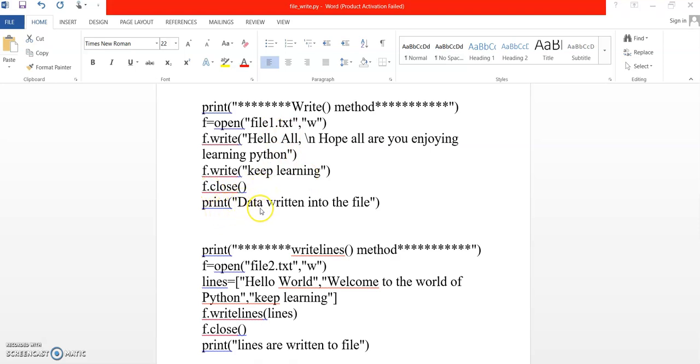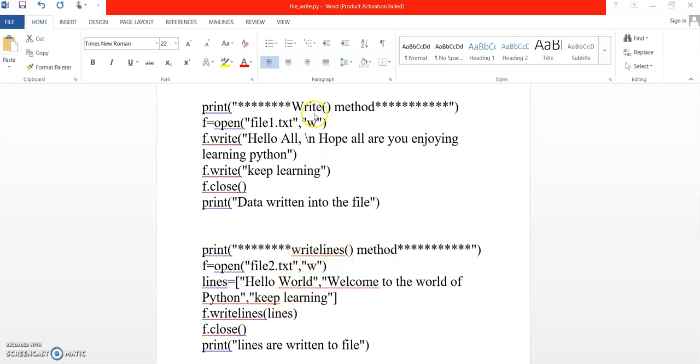Next, this print function will print on the output console. On the output console it will display only these two messages, write method and data written into the file, and these lines will be written into the file1.txt file.